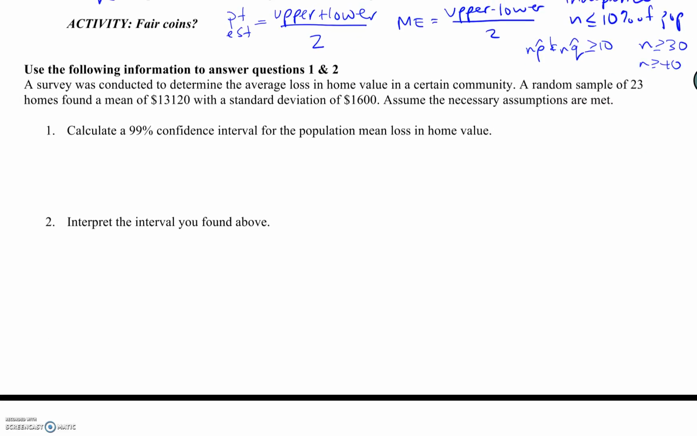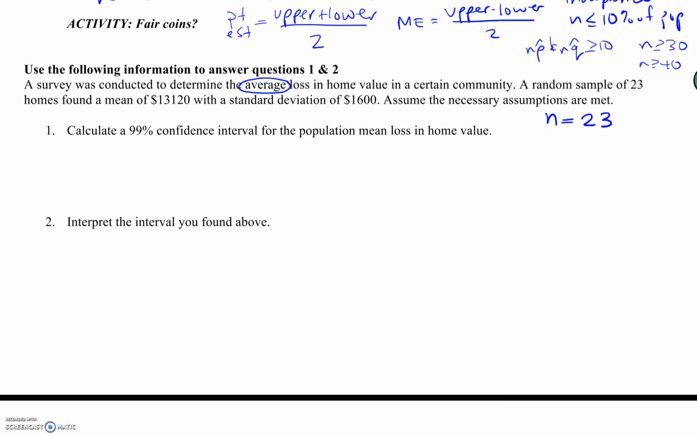So first question we have here off of an old test. A survey is conducted to determine the average loss of home value in a certain community. Right off the bat, my eye is drawn to that average, because we know everything in this particular test is either proportions or means. Average says we're in the means area. A random sample of 23 homes found a mean of